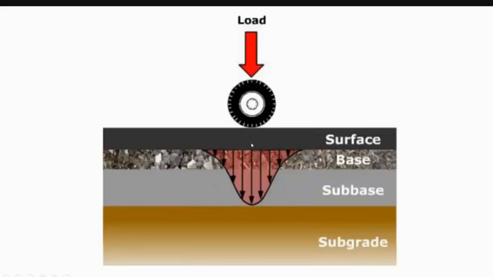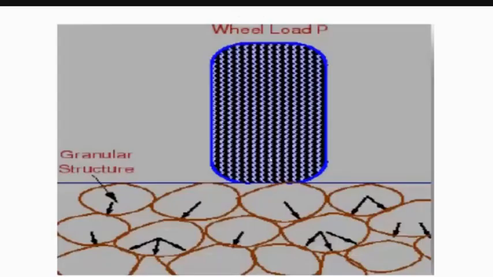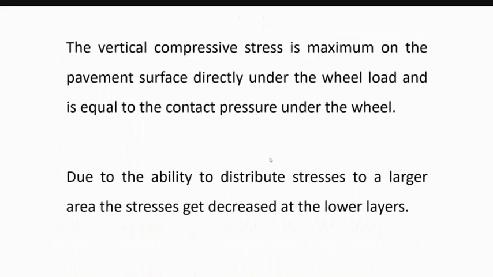So like this load distribution will be taking place, and wherever that wheel is standing, exactly at the bottom of the wheel, the maximum stress is observed. And as you go away from the wheel, the load distribution is reduced. The stresses are less in the flexible pavement, but it is not the same in the case of rigid pavement, right? So these are the things which we can discuss in the flexible.